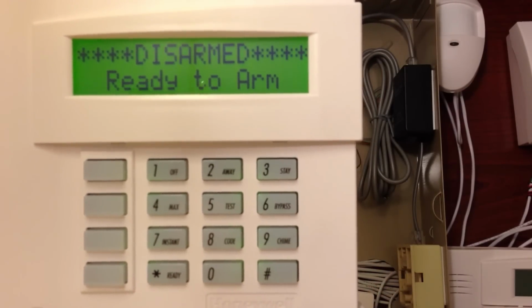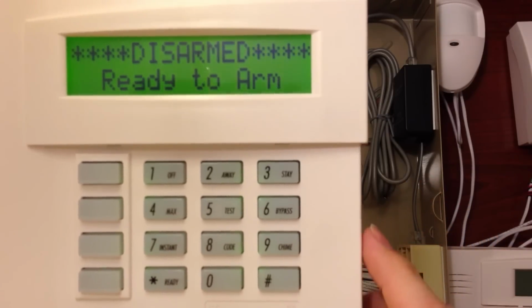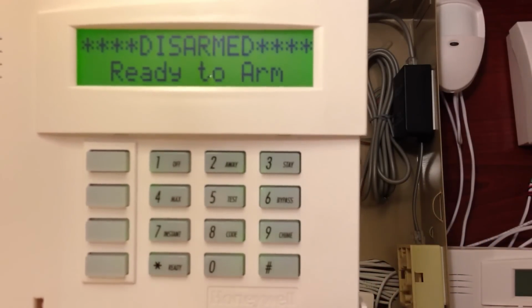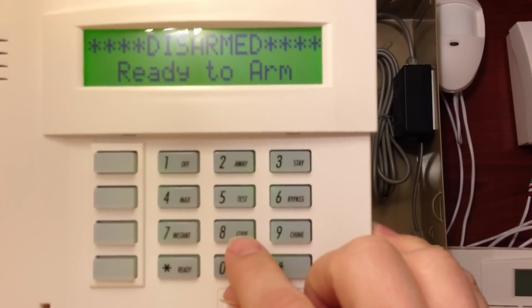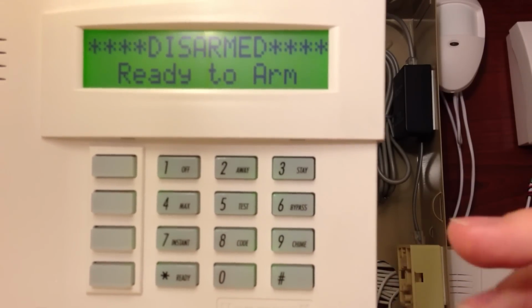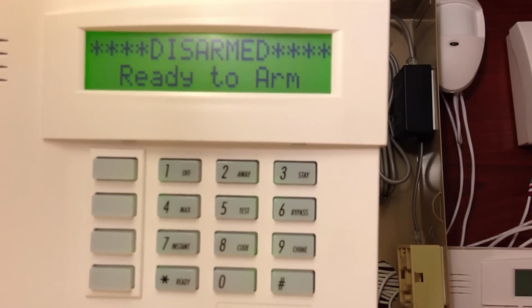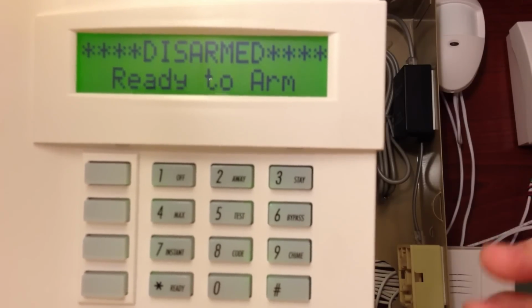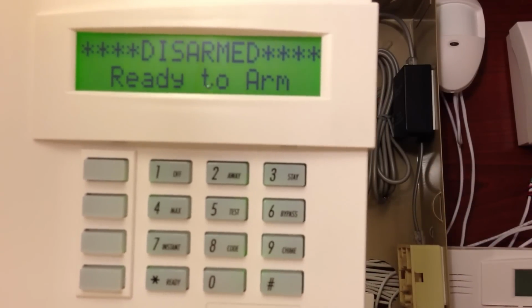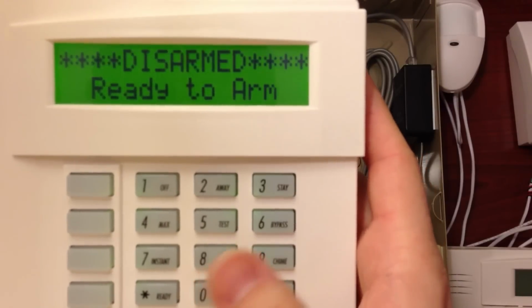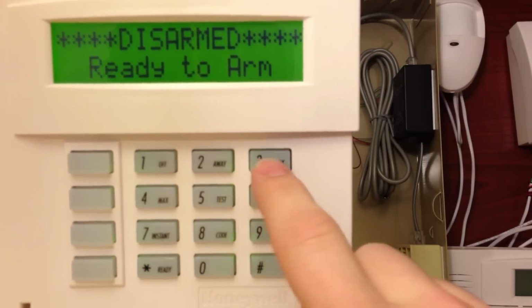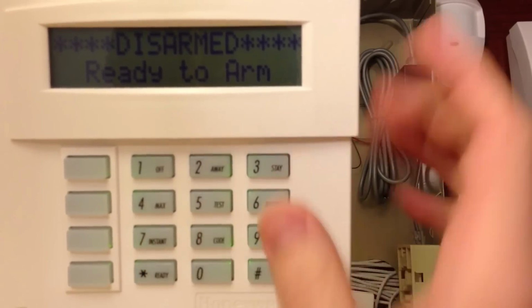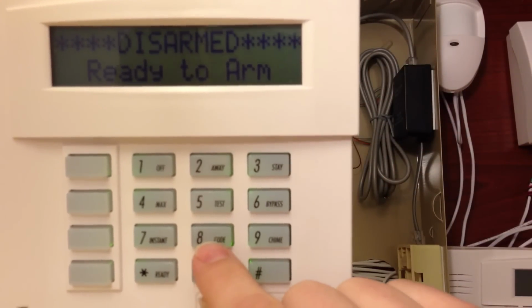So for example, when we do a code, what we're going to do is our 4-digit master code, and then we're going to press the number 8, which is the code button, and then we're going to type in the user number that code pertains to, and then we're going to type in the new code. So for a master code, and this is specific to a master code, our current master code is 1234. So what we're going to do is press 1234, 8 the code button,